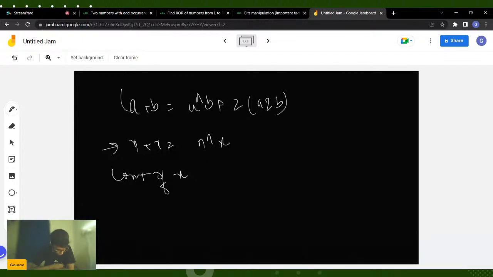So n and x must be 0, right? Yes, it should be 0. So what do you understand if n and x are equal to 0? N and x, so the AND of two numbers will be 0. When does an AND of two numbers become equal to 0? Just try to think and come up with the answer.